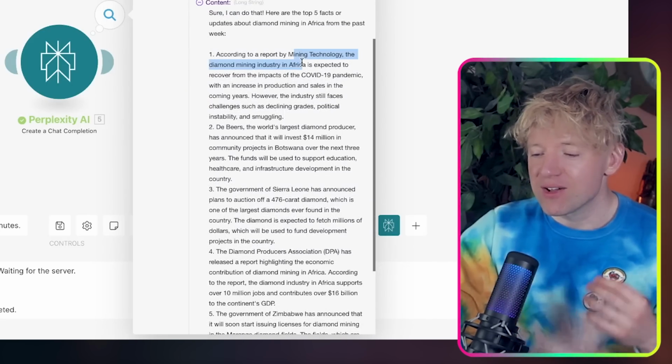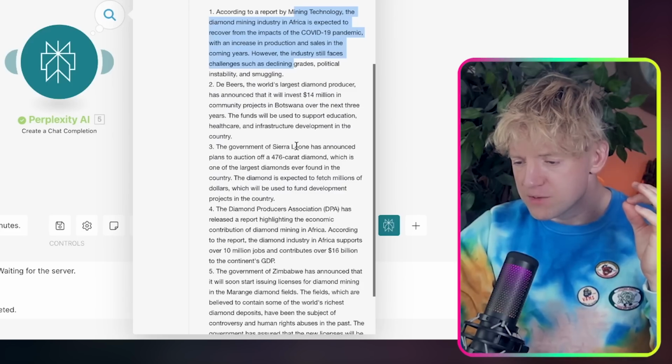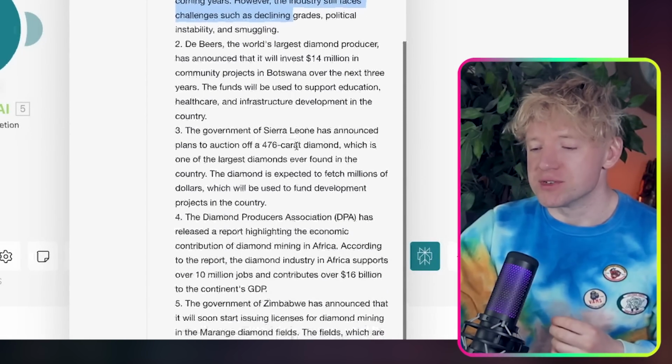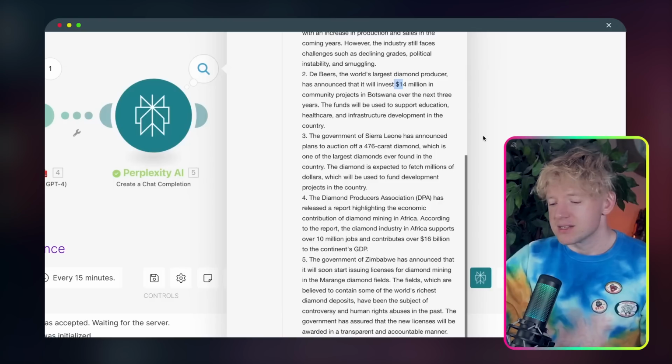According to a report by Mining Technology, the diamond mining industry in Africa is expected to recover from the impacts of the COVID-19 pandemic. De Beers, world's largest diamond producer, has announced it will invest $14 million. The government of Sierra Leone,